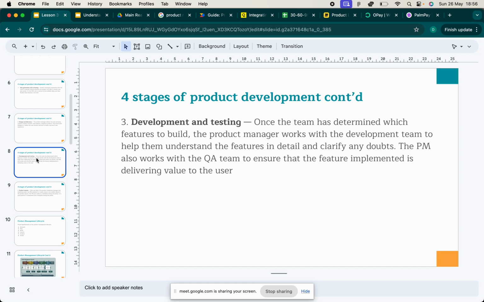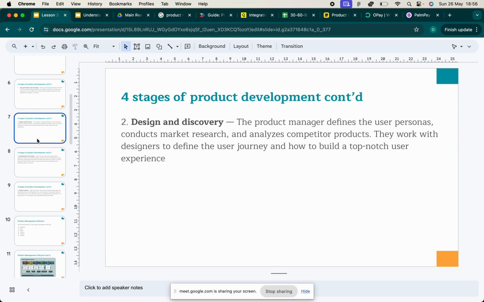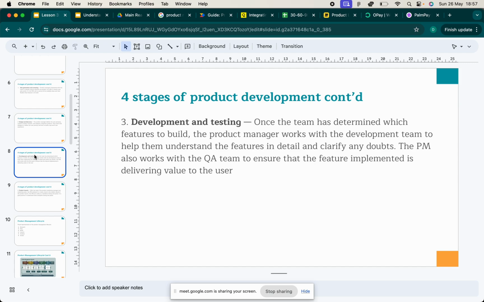And then we have the development and testing. So again, in design and discovery, we learned that that's where we try to understand what customers want. And then in development, we narrow down to exactly one idea. We don't pursue multiple ideas. We saw that there were various things we could have done, but we pick one. We take that one and we create a user experience and a user interface for it. And then we narrow down to now taking that into development.